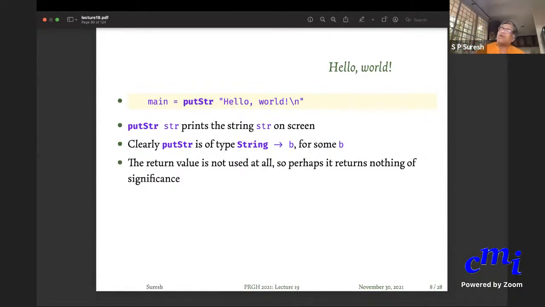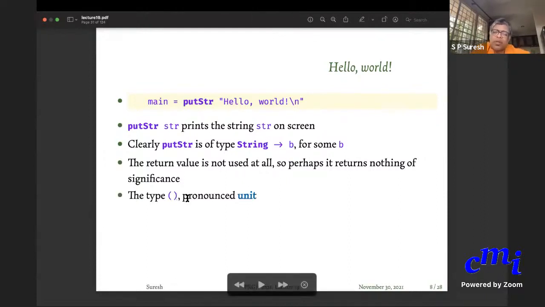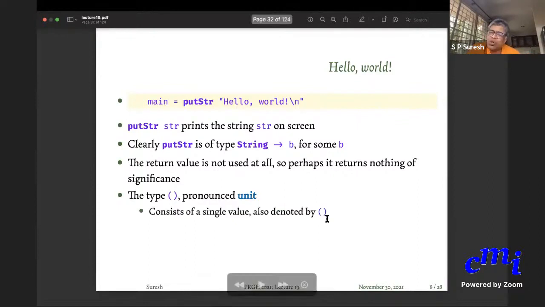Okay, so there is no value of significance in this, and you are just using it because you want to have something as a return type. So you're putting that as the return type. Okay, so the type open parenthesis, close parenthesis is pronounced unit. It has only one data value. Okay, and for convenience, that data value is also called unit. Okay, so unit is the data value and it is of type unit. Okay, fine. And this is used to model nothing. The fact that I have nothing of significance here.